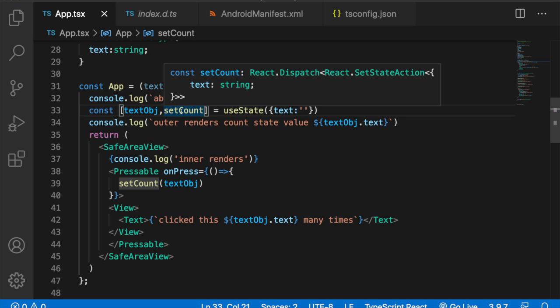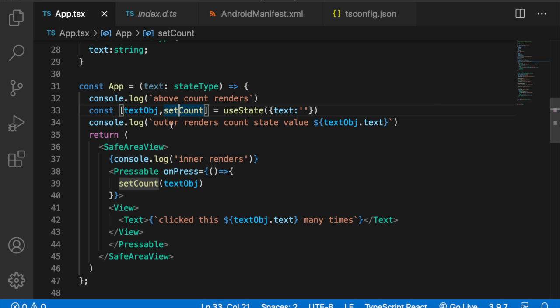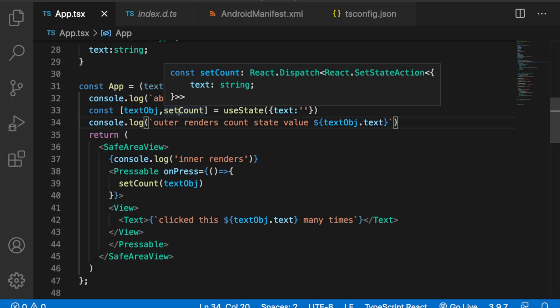And you see, we don't have only a setState method here. You can rename this method however you like. You can rename it as set whatever, like set object,